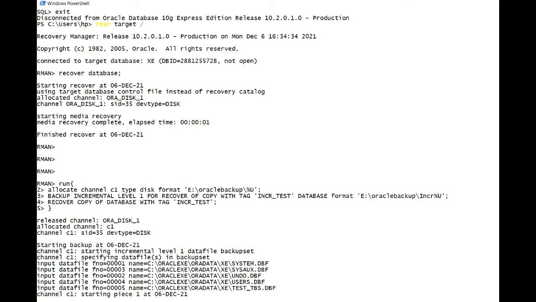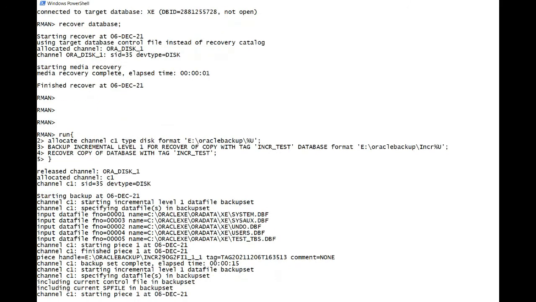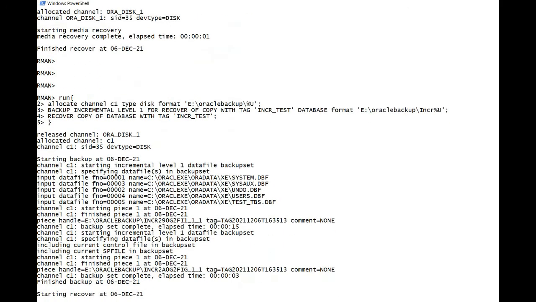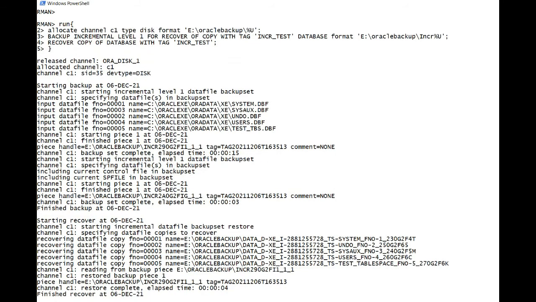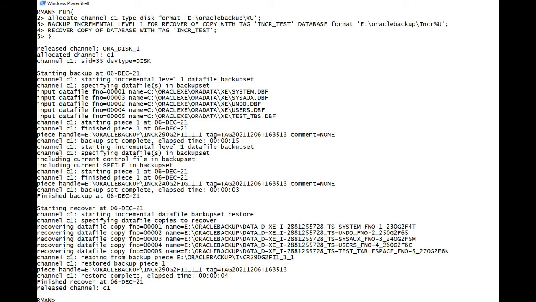So you can see the incremental backup is being run now. As you can see, the first incremental backup was run, which finished here.